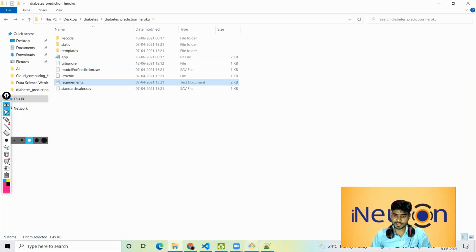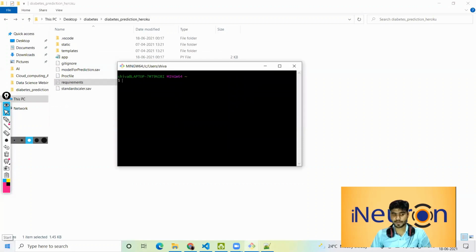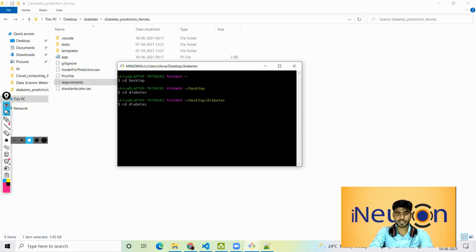Then let's open Git Bash. Here I have Git Bash. You can simply search for Git Bash in the search bar. After that, you can set your path. So let's set our path: desktop, then cd diabetes, then cd diabetes prediction Heroku.